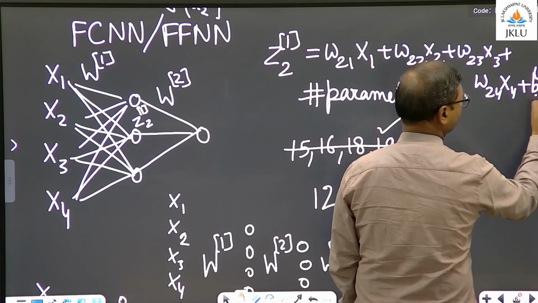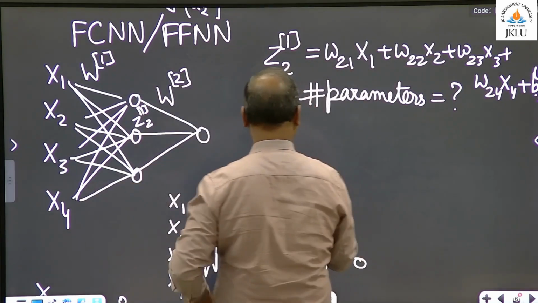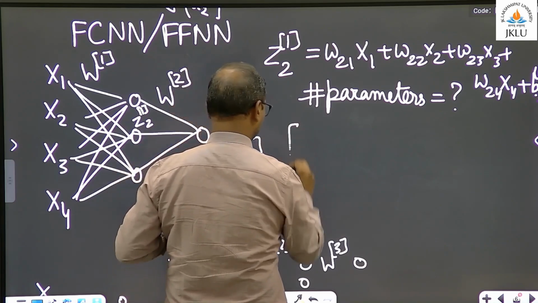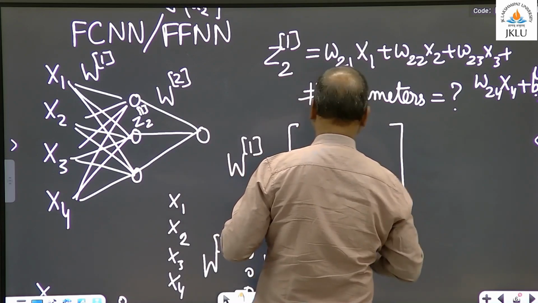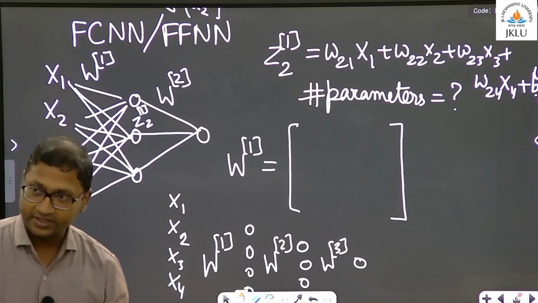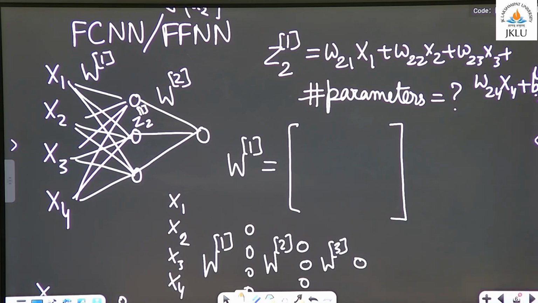B1 2, most likely, this part might not have been captured. Okay. How will W1 look like? See, this is something. The dimensions of W1 conventionally, and as you will see in the research papers, is the